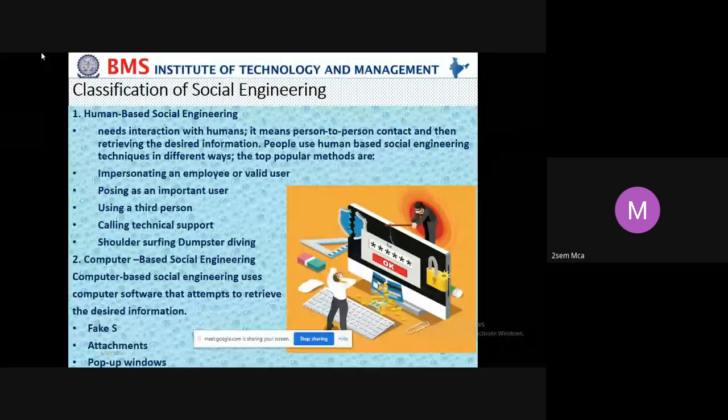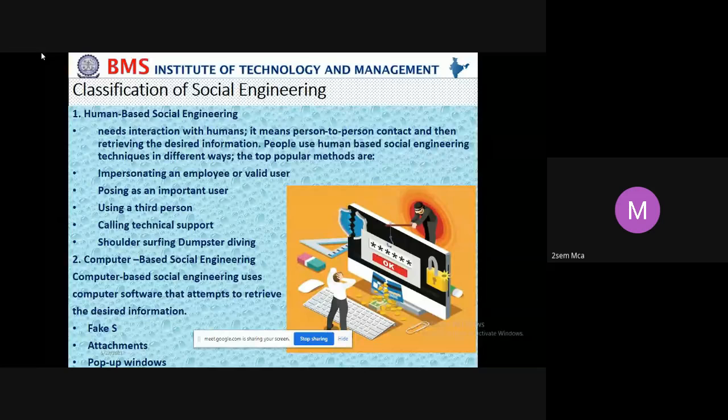Computer software attempts to retrieve the desired information, for example, fake SMS. Fake SMS means it's a phishing attack, smishing, vishing, etc. Then attachments: attaching dangerous content to an email and sending it to you, asking you to download it, for example attaching a PDF file. When you download and open it, it triggers some executable code, and they try to control your system remotely.